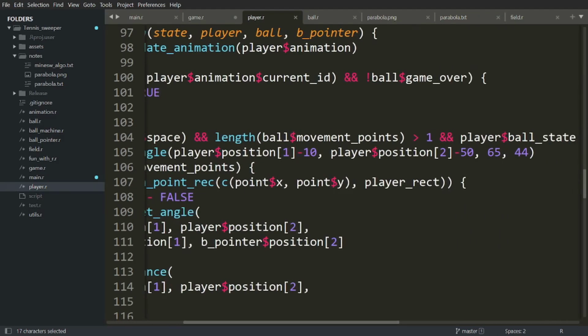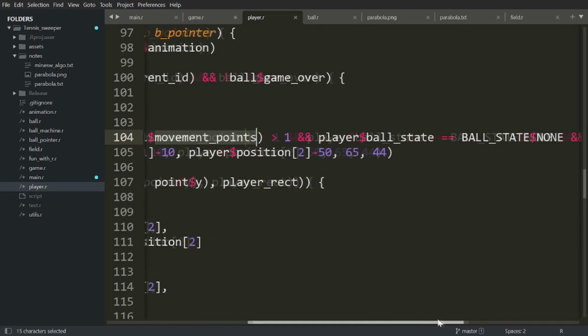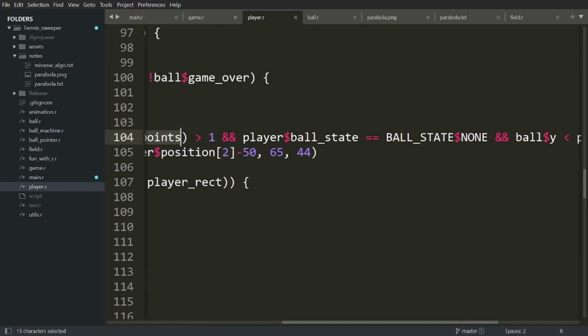I check if the movement points of the ball is bigger than 1. The movement points are simply the points which the ball will follow to move. And check if the state is none,